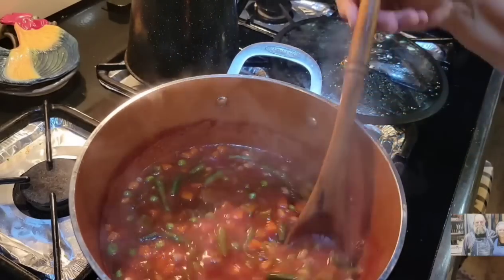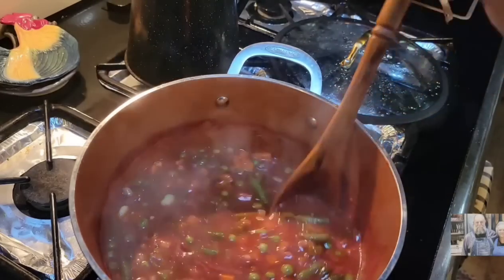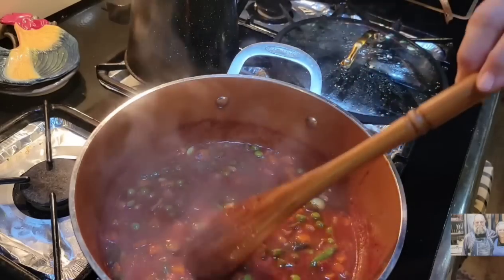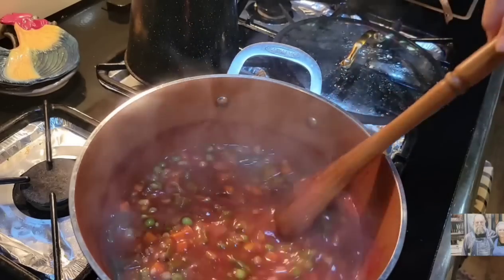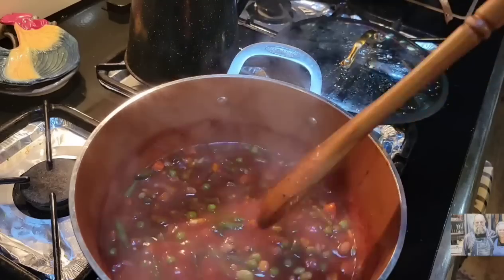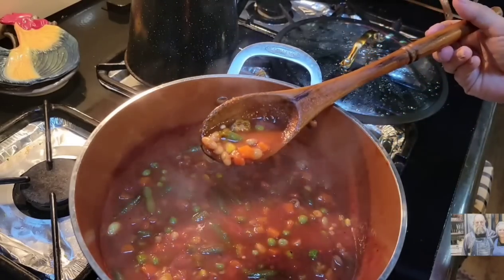Now you can use beef broth if you want to, but I had vegetable broth and I wanted to use it. And once I got that in there, I cut up probably a good cup and a half of fresh okra out of the garden, and I threw it in there. Then I let the okra boil for about 10 minutes, softened it up a little bit, and then I opened up a